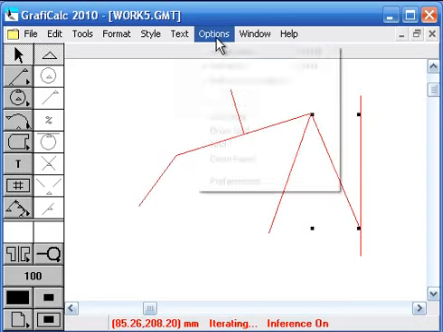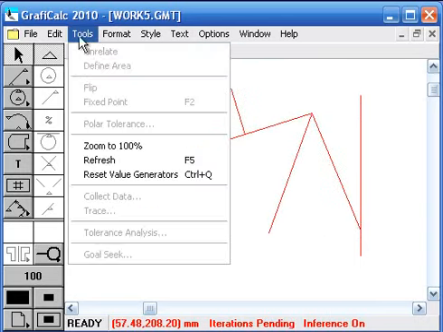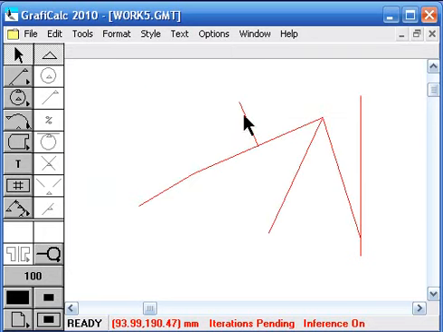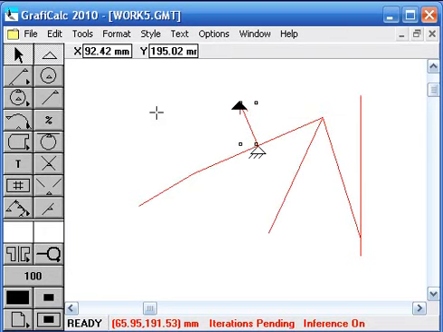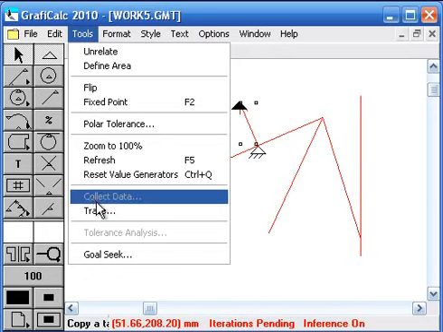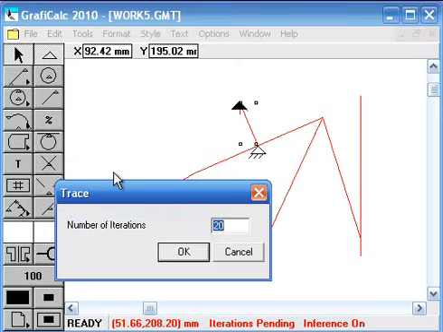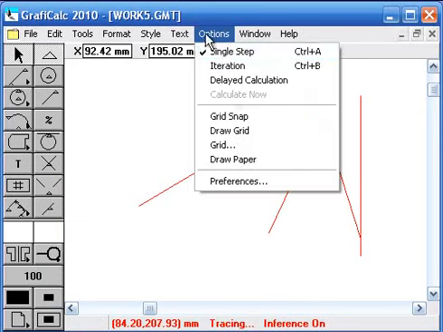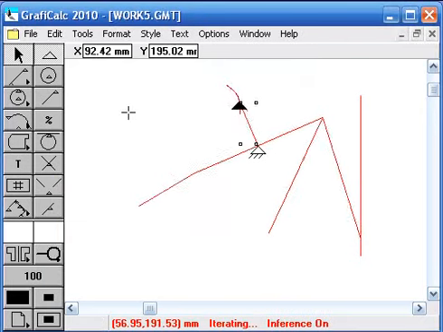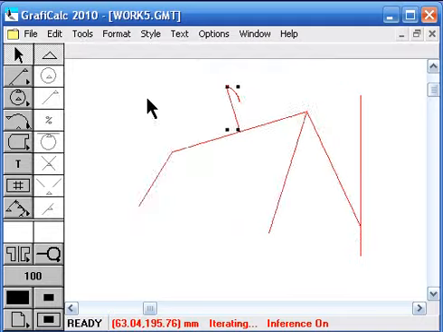The other thing you can do, of course, is bring it to the home position, and you can select any point in the mechanism and say trace. So enter the number of iterations you want to trace, and it creates a trace of the motion envelope. It tells you also how